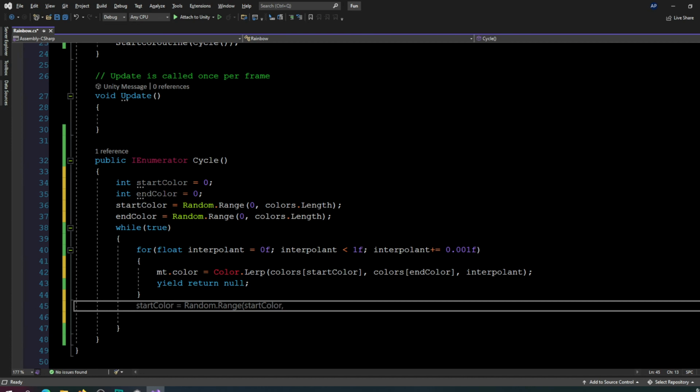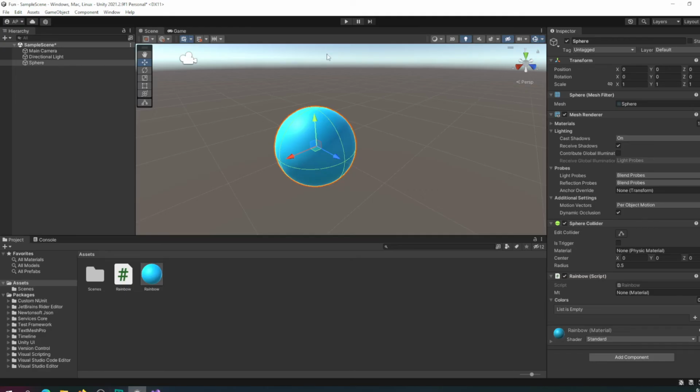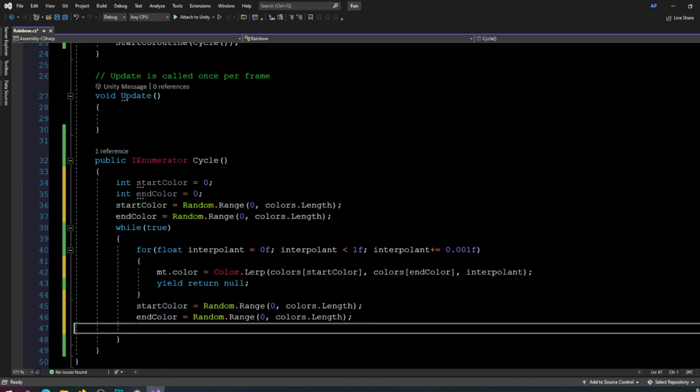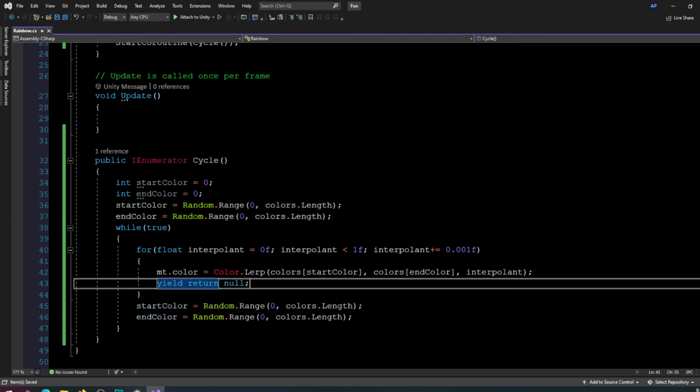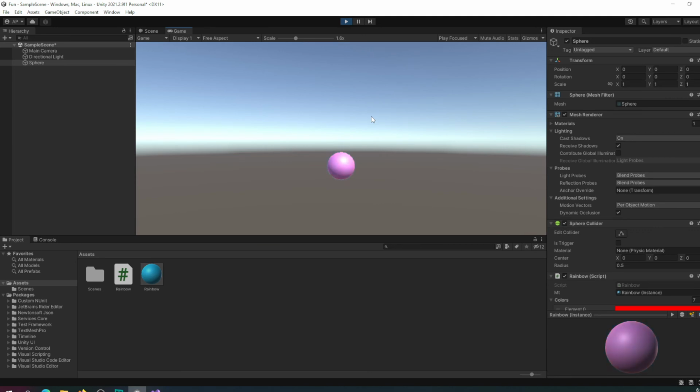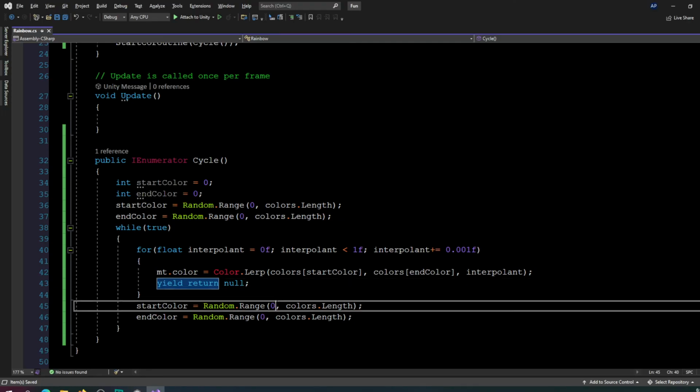You actually need to be a little careful here, as you don't want it to jump. So this is the current behavior. Let's just take a look. Let's just do something like this. So after it finishes one transition, it'll choose a new start and end color, and let's see what that looks like. As you can see, there's that kind of, yeah. So you'll see after it finishes moving to the color, it kind of blinks to a new color, so we need to fix that. And the way you fix it is